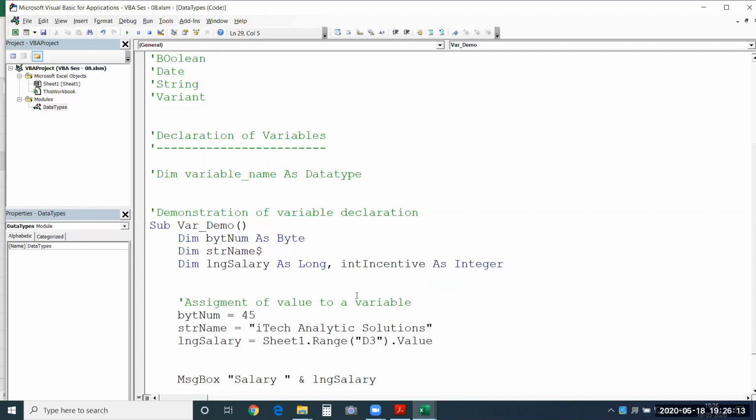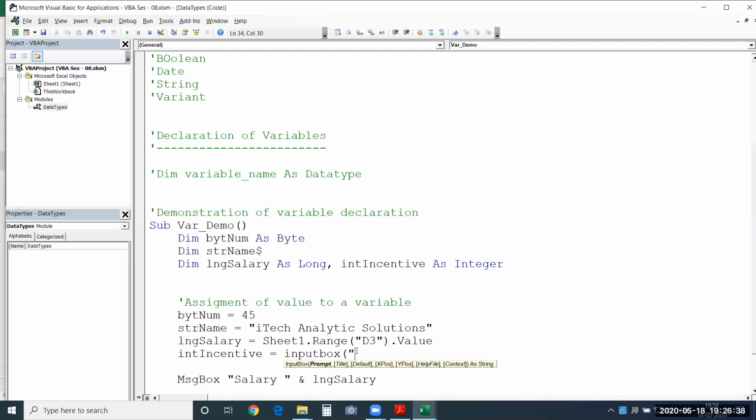So let's go here. I'll say intIncentive, and see, to provide an input to this, I am using an input box. This is another way of assigning value to your variable. So at runtime, you can decide what value you want to provide to that particular variable.